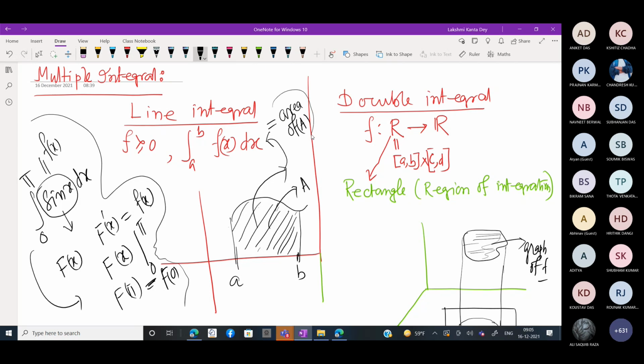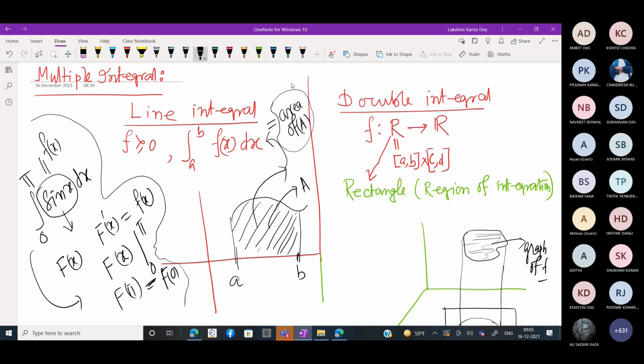So how to measure the area of A? There is a concept. We break it into several parts, infinitely many very small rectangles, and then we estimate it. That is the Riemann integration. If it can be measured, that means if the estimation can be done, then we say that it is integrable. And that limit is basically the integration value. So how can we generalize this concept into a bigger concept?